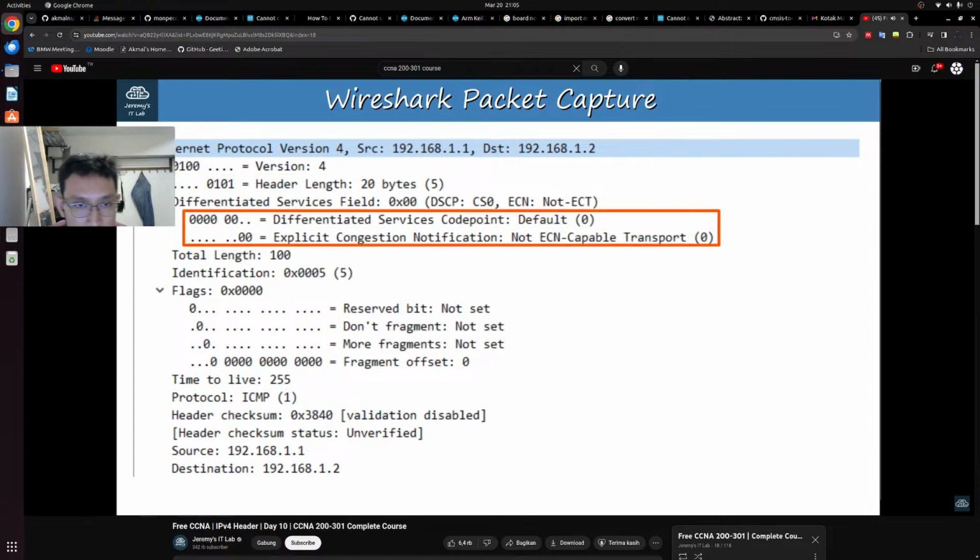Next up is the differentiated services field. And as you can see, Wireshark categorizes both the DSCP, differentiated services